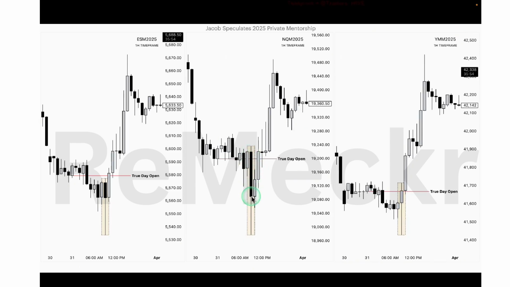So if we look on the Dow, we can see that 10 a.m. opened higher than the 8 a.m. close. So this would be candle 3. This would be candle 1. There's that cracking correlation there between the assets. So on the Nasdaq, candle 3 opened lower than candle 1's close, while on the S&P, candle 3 opened lower than candle 1's close. Now there was no cracking correlation down here solidifying this TPD, which is expected on low